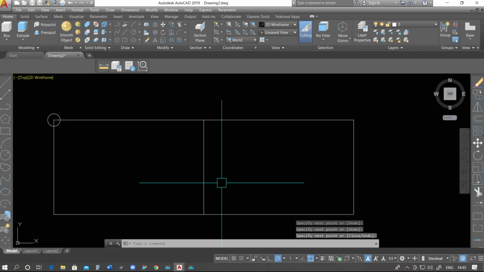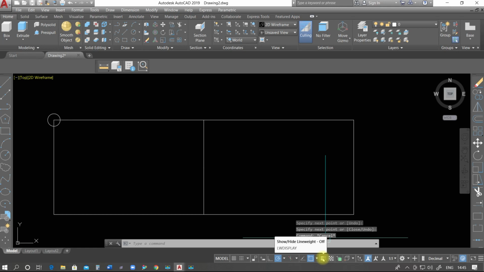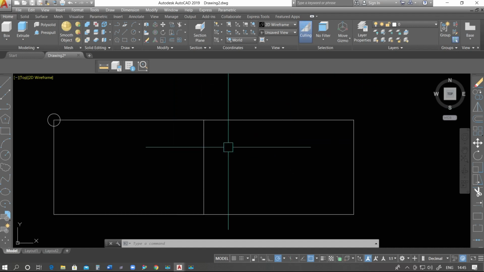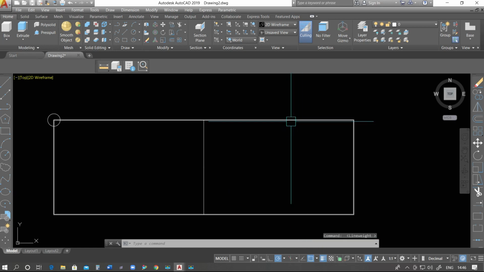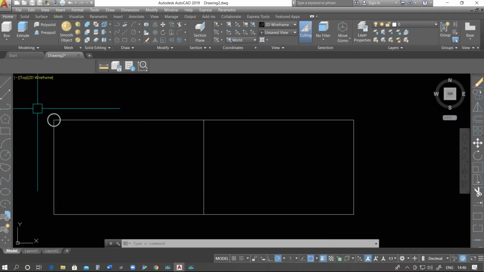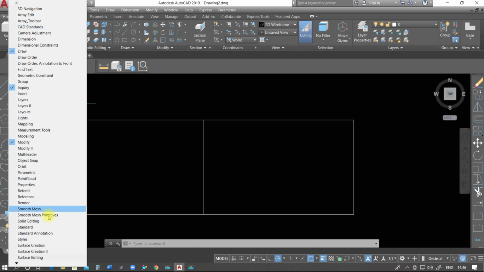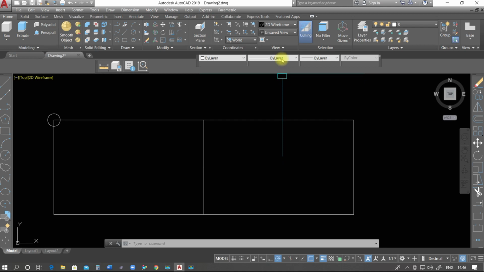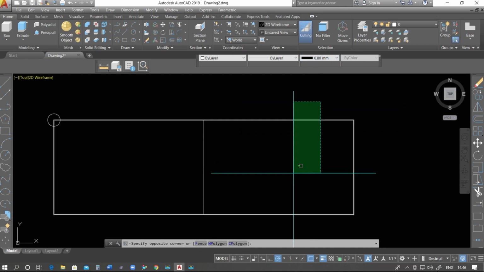So this is how to use object snap. Next option, guys, is line weight, LWT as we generally call it. Suppose I have to increase the thickness of this line. Click here. We see we are not able to see it, so we have to define something. Just right click and there is an option, the properties tool, and here I am going to change the thickness of this one.